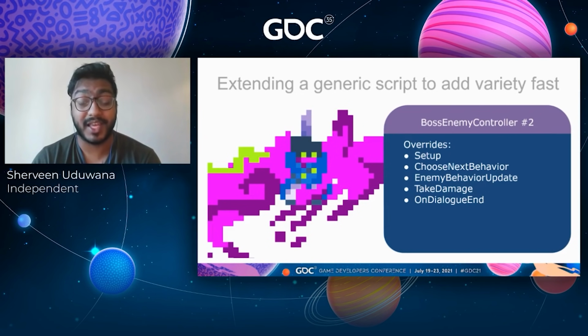This boss, I think what I ended up doing was when it takes damage, it builds up a resource. And if it has enough of that resource, it will use its more powerful attacks. So really quickly I was able to implement a rubber banding mechanic where if you're doing really well against this boss, he's doing more damaging attacks. And if you're not, maybe he's going to avoid those. And then again, triggering some special dialogue when this boss is defeated.